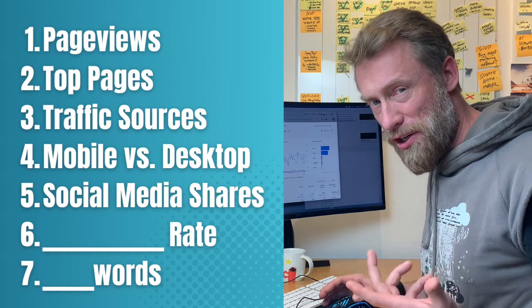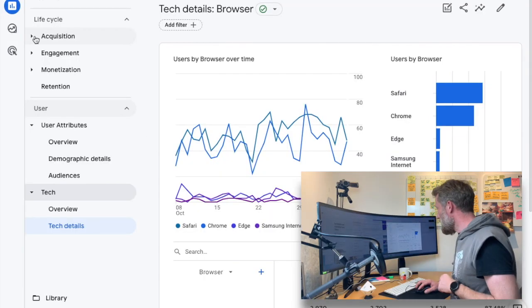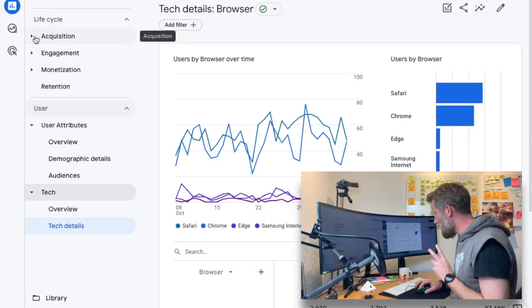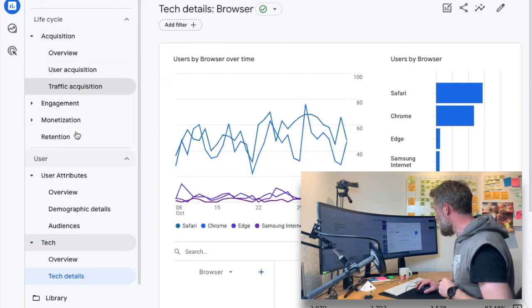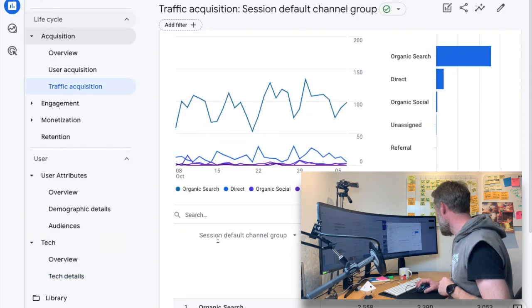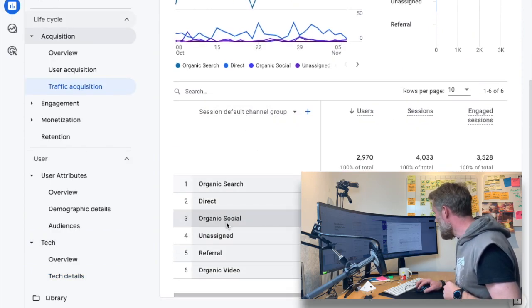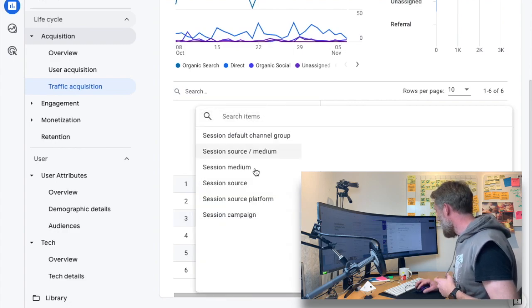And now for some fun stuff. Social shares. We sort of touched on that before, but let's dive in here. So we go back to acquisition and traffic acquisition. And you have here something that is called organic social, but you can have more of that.